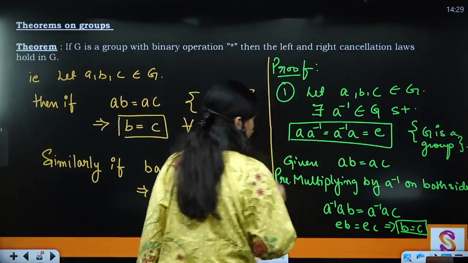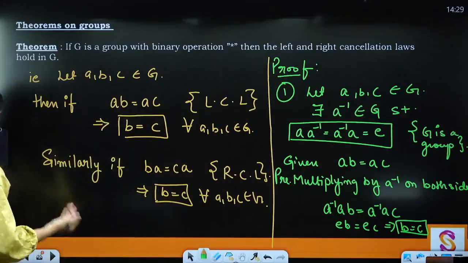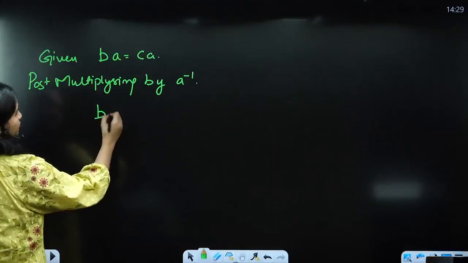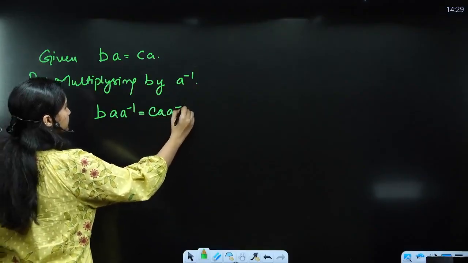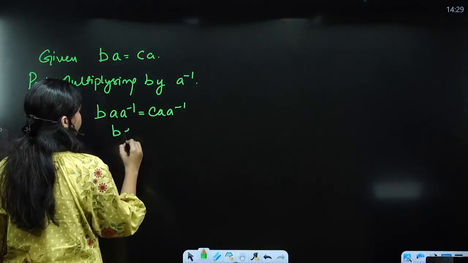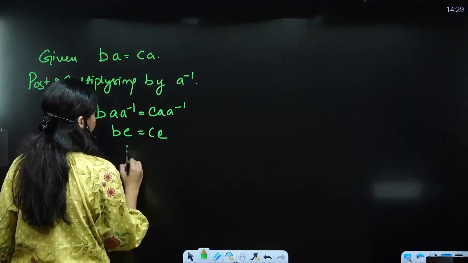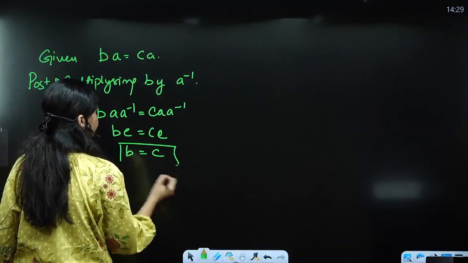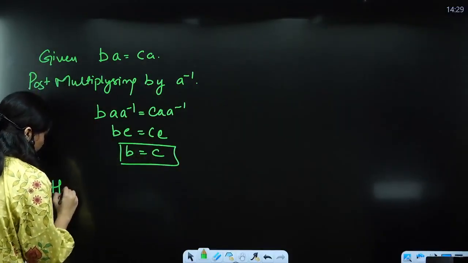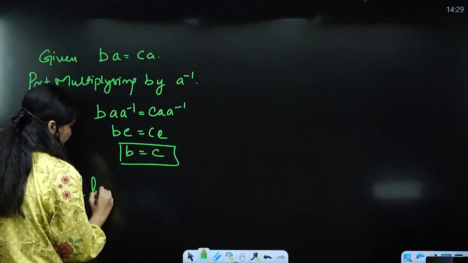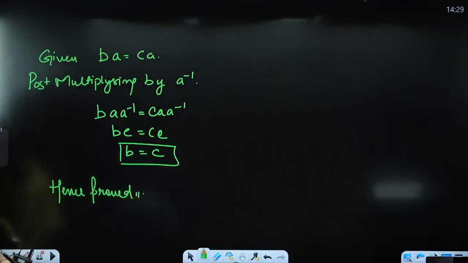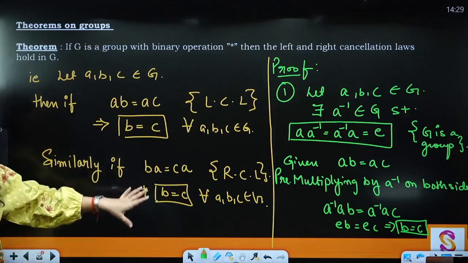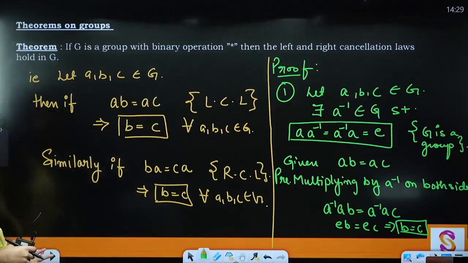Okay? Pre means before, post means after. So this will give me b a a inverse equals c a a inverse. So be equals ce, and b equals c. Hence